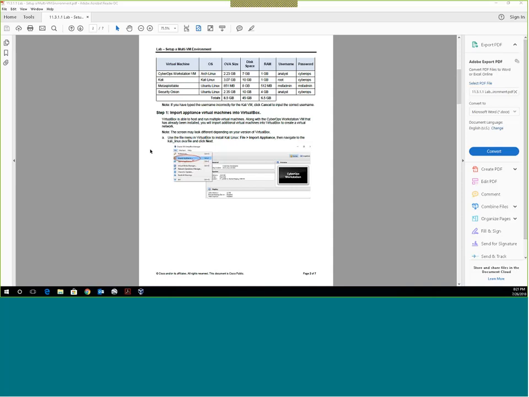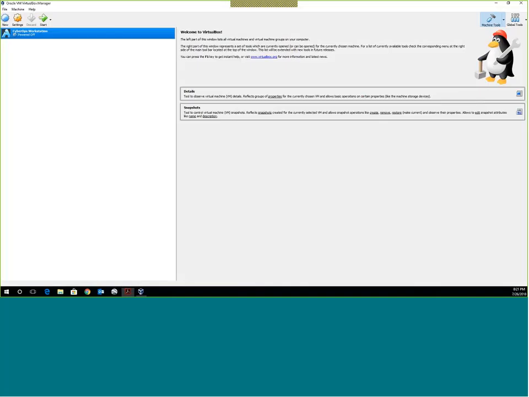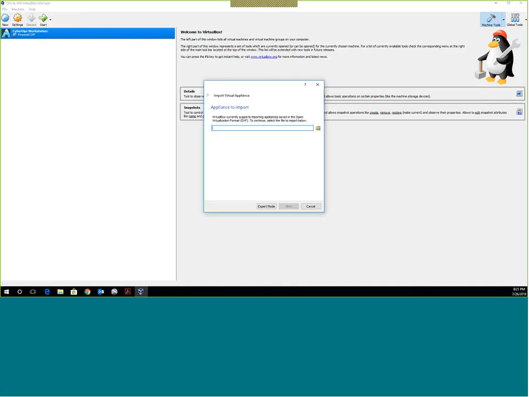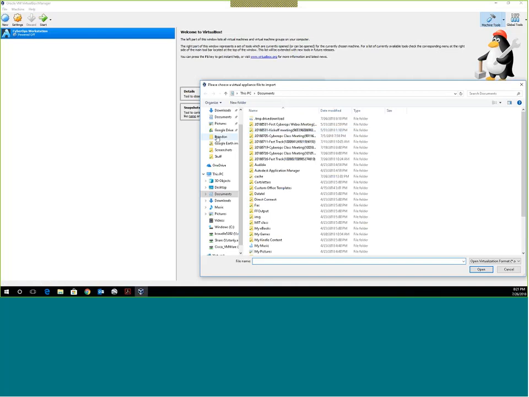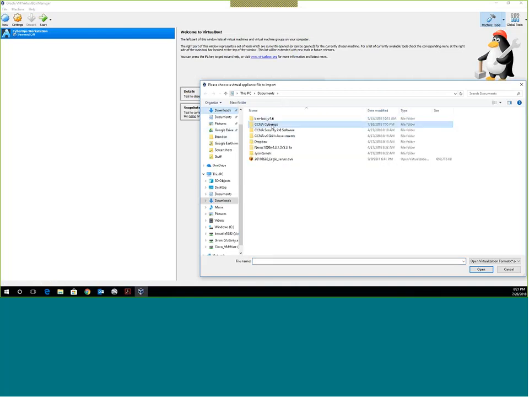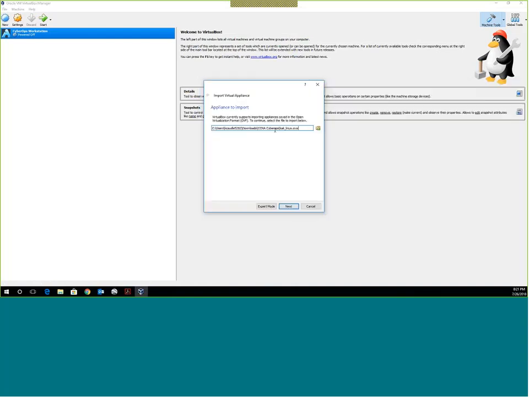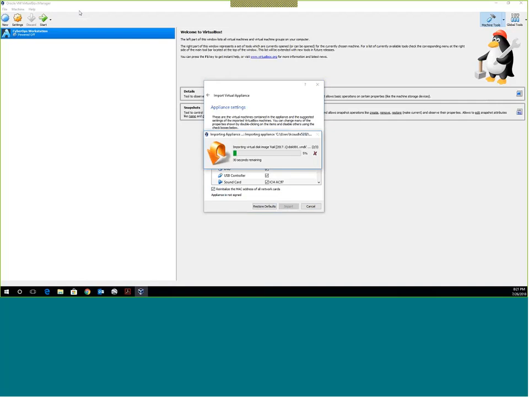That's awesome. All right. So what I'm going to do now, we're going to import each one of the machines. We're going to go import appliance, and we're going to go to our downloads, Cyberops, and I'm going to do Kali Linux. Now, one of the big things here is to make sure that you click reinitialize the MAC and import. Okay, and that's all you have to do, and then you can wait. Now, I wish you could do multiples at one time, but you can't. So you have to kind of let it grab down through there.